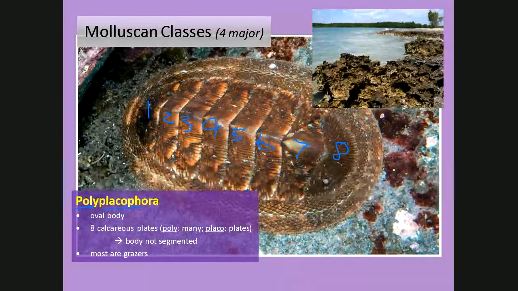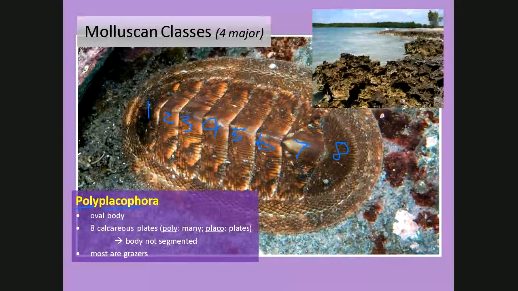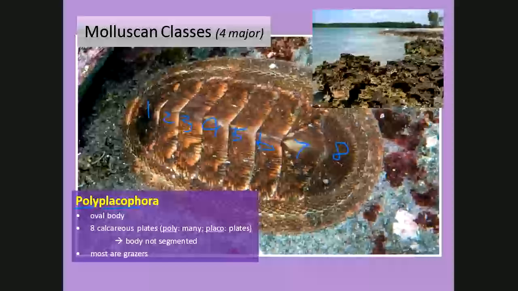Okay. Now, this looks like segmentation. That characteristic that we said is among animals was very important, but segmentation doesn't exist in this group. That's not true segmentation. That's just the shell is segmented. These are herbivores, grazers. They're the ones that are going to suck themselves down on the rock when the tide goes out and then use a radula to scrape the algae off the rocks.